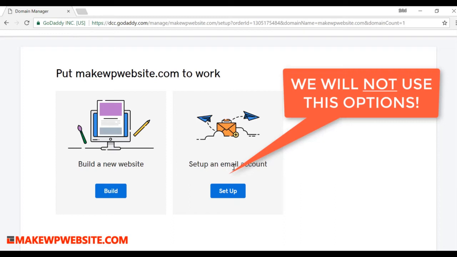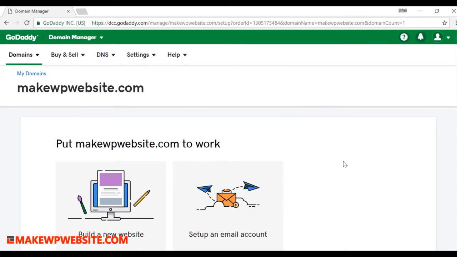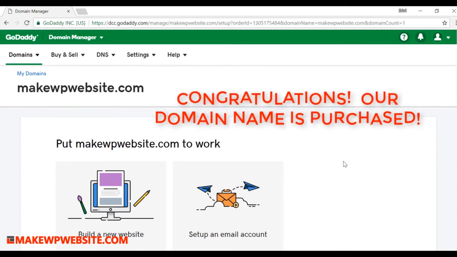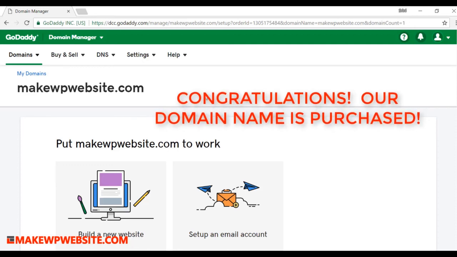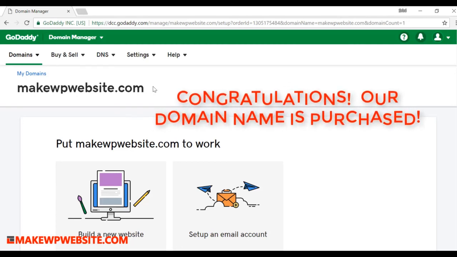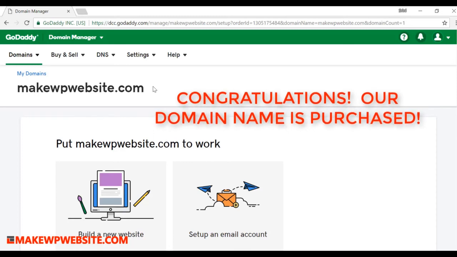So in the next steps, I'm going to show you how to build your website. Don't do anything from here. We will use GoDaddy only as a place to store our domain names. We'll only purchase the domain name here. We will map this domain name to our hosting services in the next steps. Okay, so the purchase has been done. Next, we will verify that the purchase is correctly done on our account. We'll also go to the Whois website and search whether our domain name matches our account or not. Okay, we will finish this step here, and then move on to the next step.